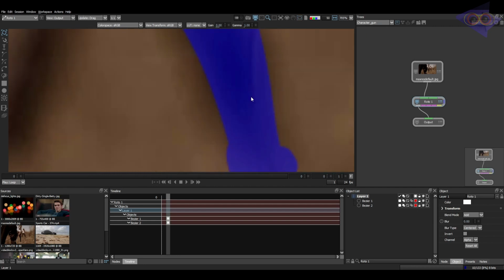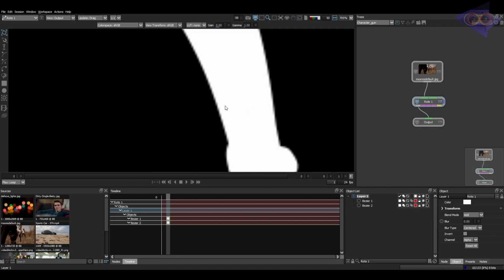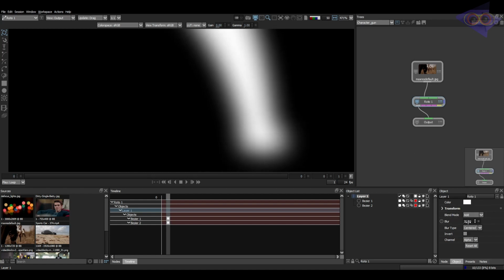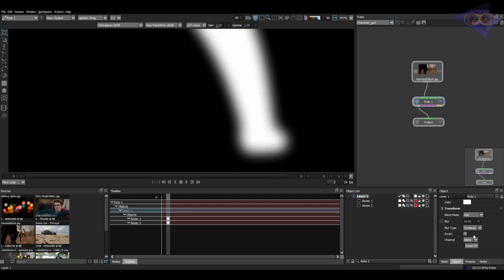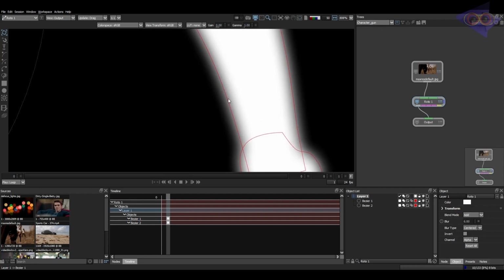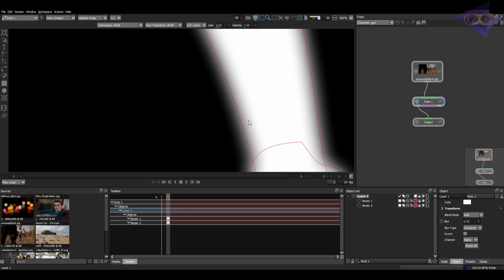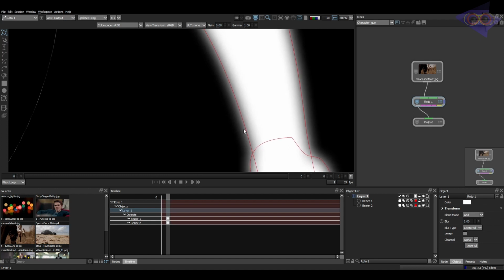So what blur basically does inside Silhouette is it will push the edges both outwards and inwards as well. Now I'm going to give a blur of 20. This is more, but I'll just show you a blur of 10. Or let's suppose a blur of 6. Now our shape is here. You can see the blur has been pushed inside as well as outside. So this is also known as the 50-50 concept, which I explained in the last tutorial.